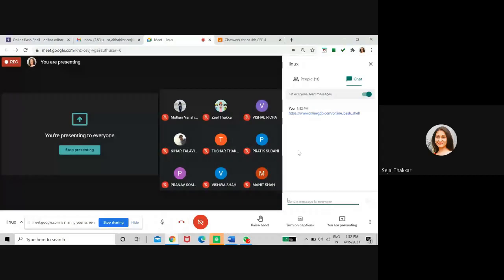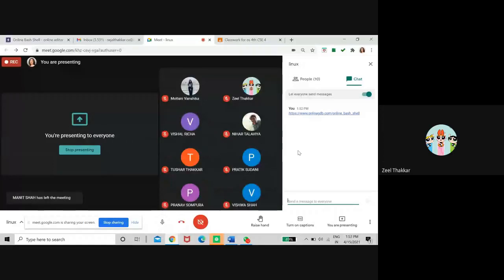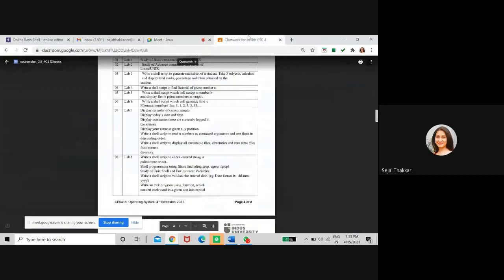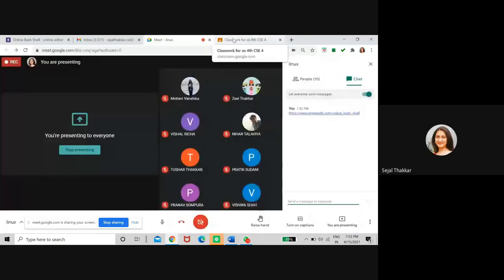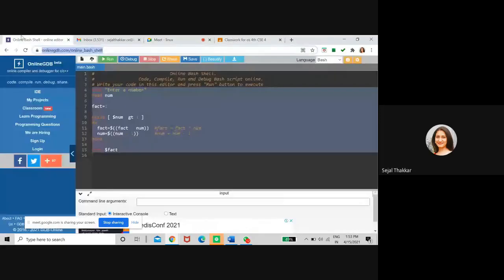So we know that between the software and the hardware, the kernel interacts with the hardware through the shell. This shell can be a Bourne shell, a C shell, or a Korn shell. There are various types of shell. Here we are using the SH shell, the Bourne shell. Now see, this is the editor that I'm opening here.